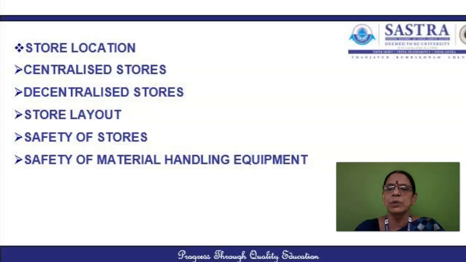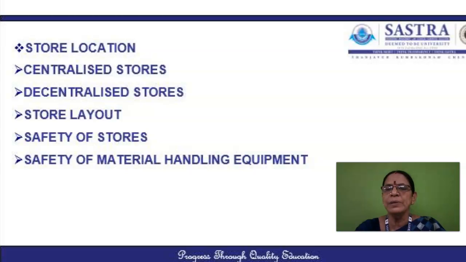Now we shall see what are all the safety measures a storekeeper has to follow. First one is in case of accidents. One of the important responsibilities of a storekeeper is to prevent the accidents taking place in the stores. Accidents may cause damage to the materials or the machines or to the facilities, and sometimes it may cause injury to the men also. Men here means the personnel.